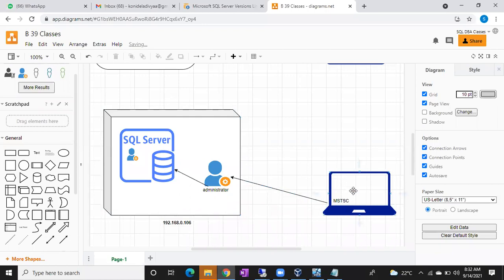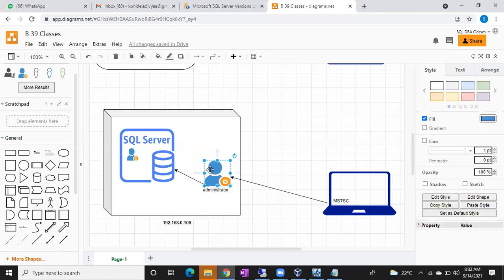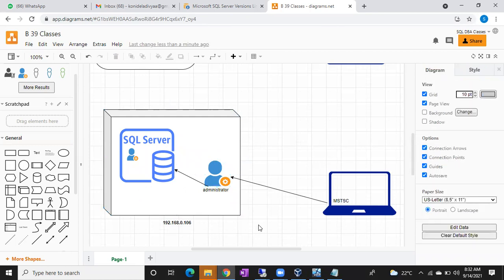Here, once you type MSTSC, you are getting the username and password screen. You are giving this username and password. This username is a part of the Windows machine and you are giving the correct password of this machine. So it is allowing you to enter inside this Windows machine first. Once you enter into the Windows machine, what are you going to do?